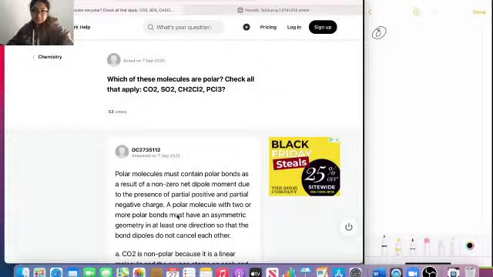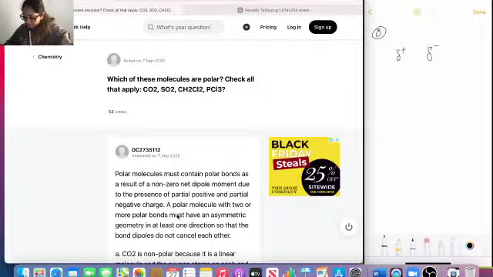They should result from a non-zero net dipole moment due to the partial positive, partial negative, okay? And so we're trying to see if carbon dioxide, SO2, CH2Cl2, and PCl3, so phosphorus trichloride, is